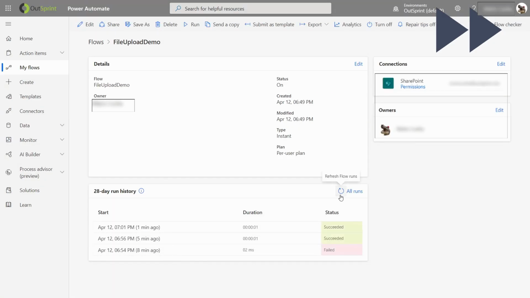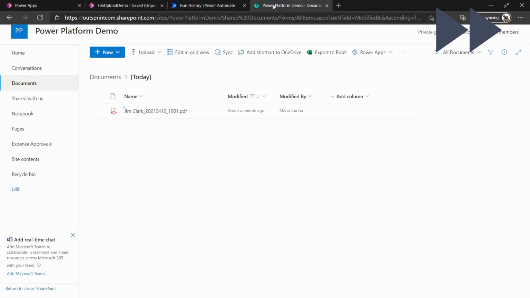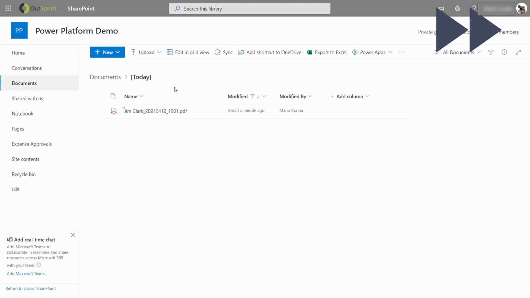And we have a success. The file is in the SharePoint folder with the correct extension and file name. And that wraps up our demo. With that, we conclude our proof of concept.